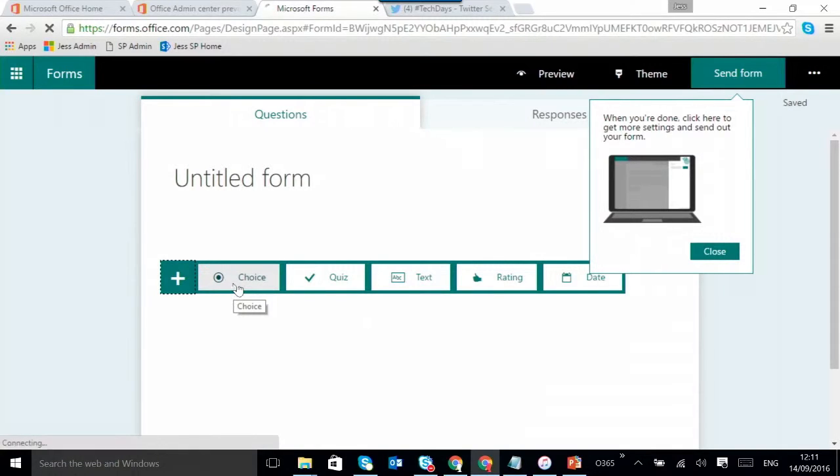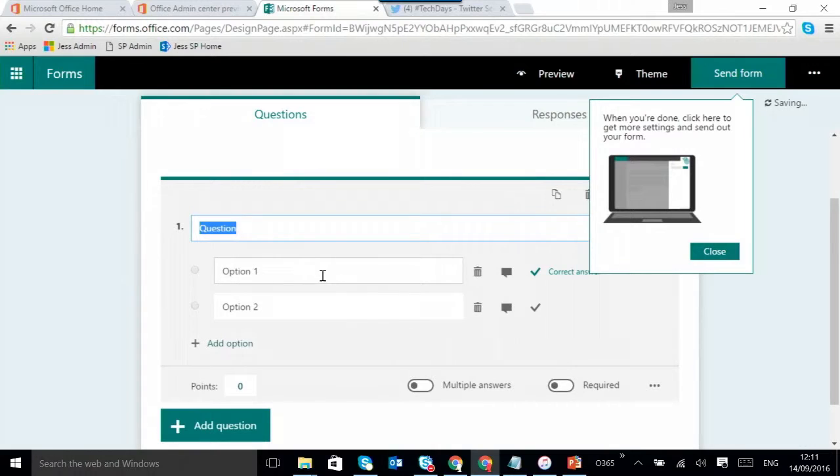So you could have this ready and then distribute it to them at the end of a lesson. So have they taken in what you've put in there? So it could be a choice question or a quiz. And you can put the question in there and then you distribute that out to them. So I think Forms is another great tool that Office 365 have come up with. It's not education specific, but it will actually really be good for education.